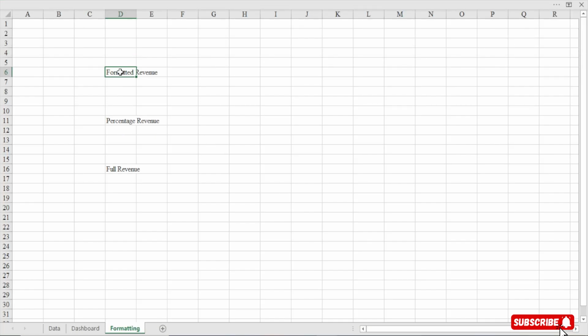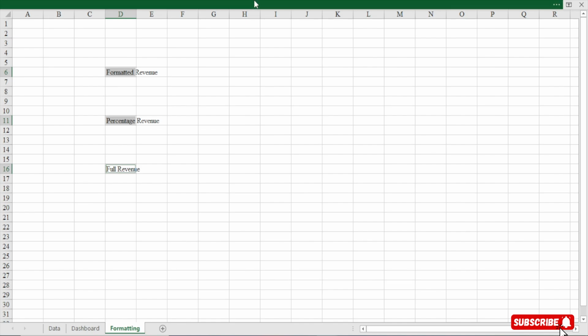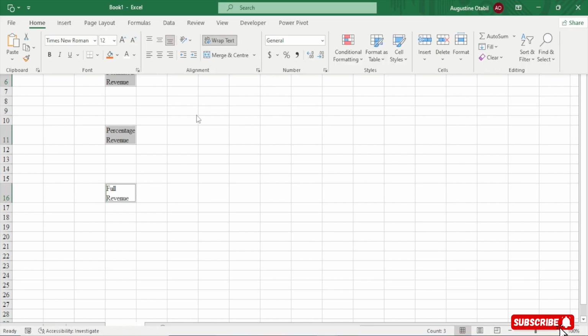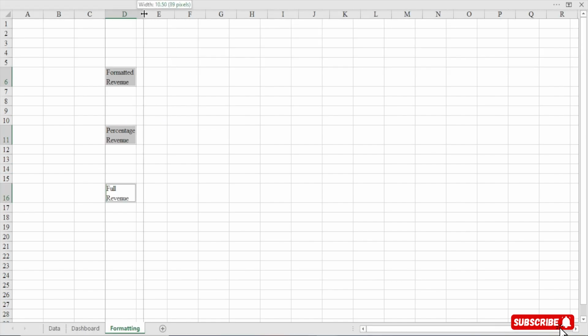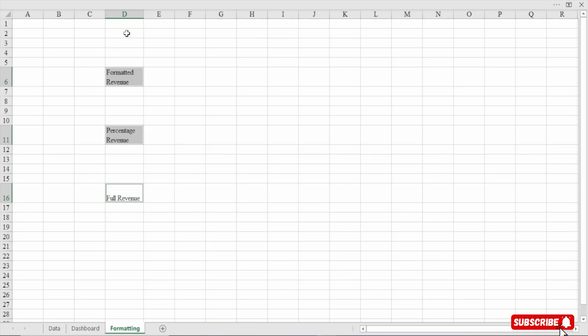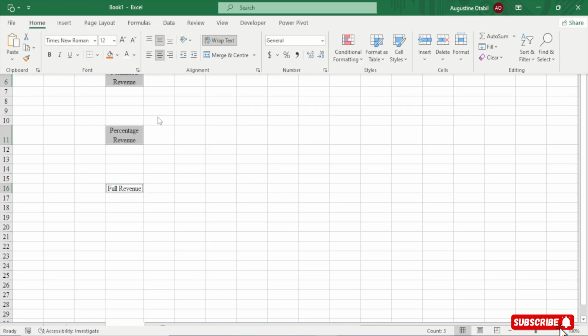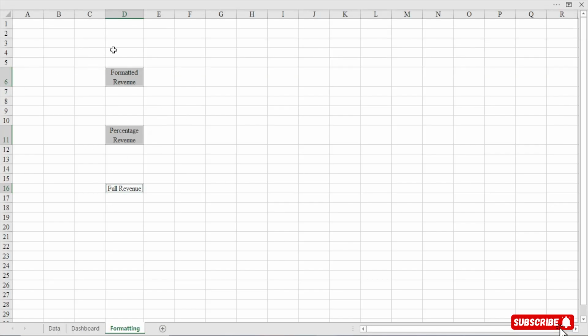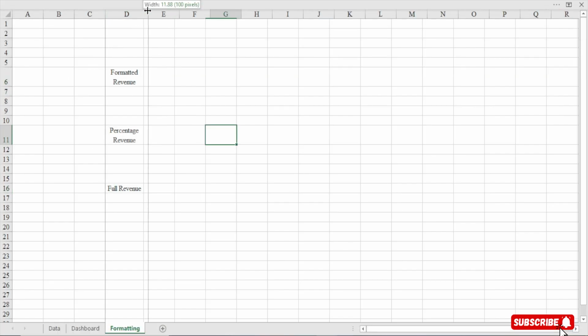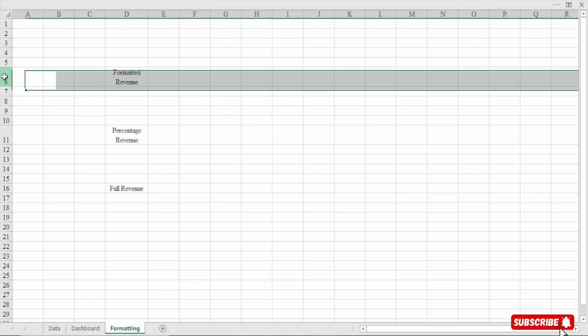Or if you like, select all three at once, right? And then say wrap text. Do you see that? Perfect. So I'm going to make this one big. I'll say, okay, let's see, they should be in the center like this. Right, perfect. Now, I think I like the width. It's okay. Now with the height,